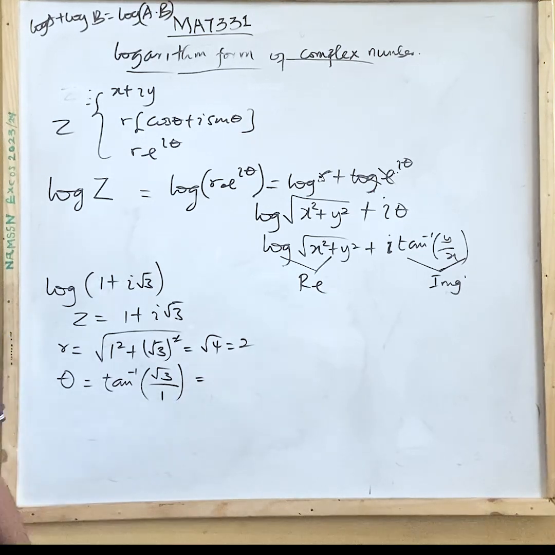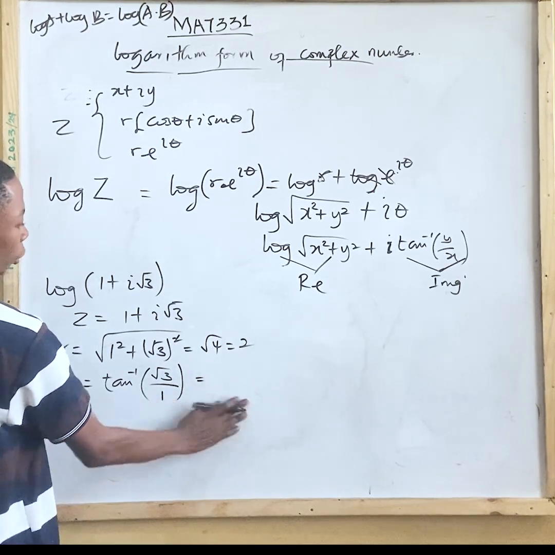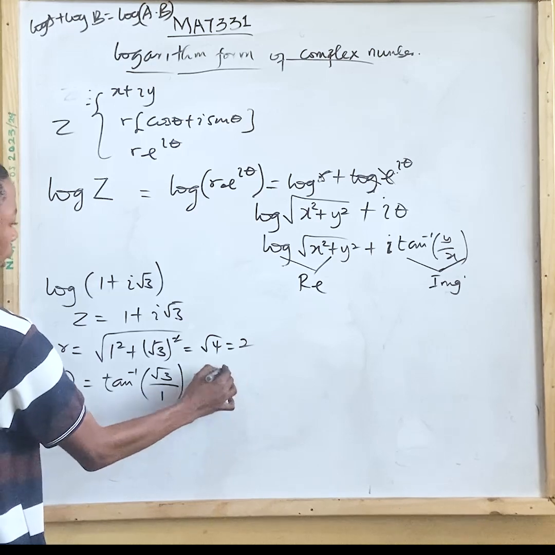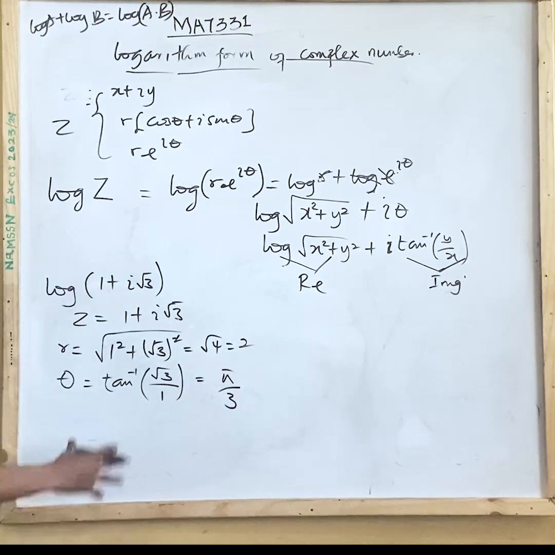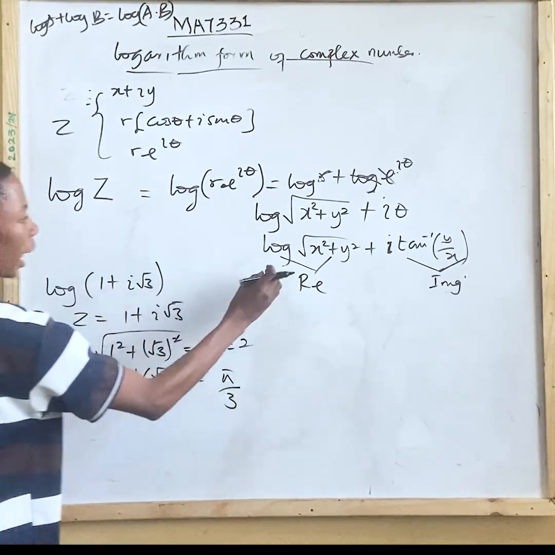So tan inverse of root 3 over 1 is 60 degrees. And I'm not using degrees, I will be using radians. So 60 degrees is pi over 3. So if I now express this log of 1 plus i root 3 in this form,